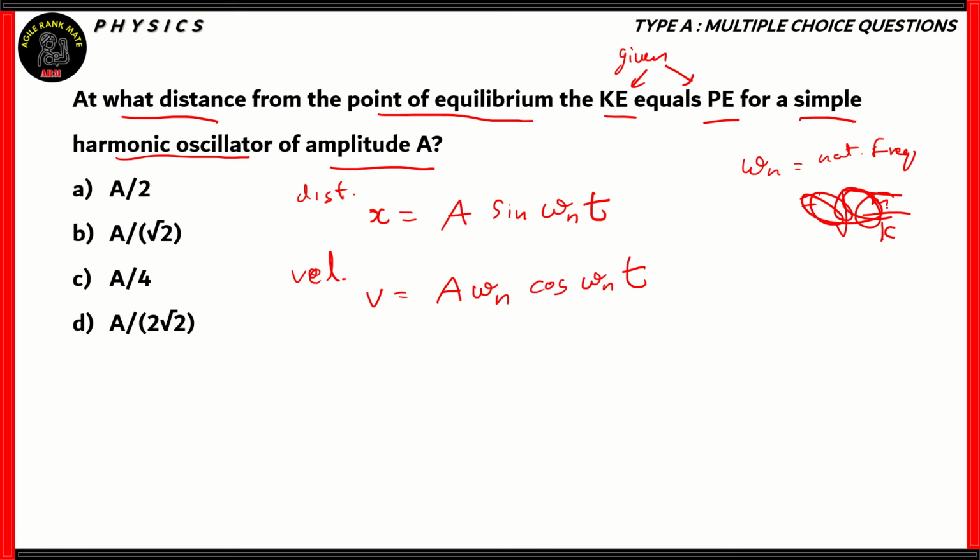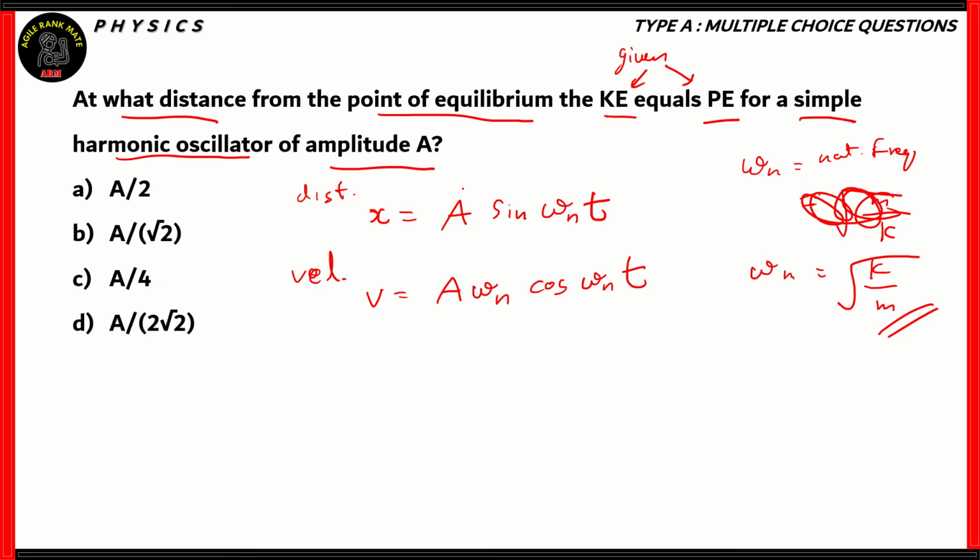Actually, that would be the formula for 1 by the natural frequency. The natural frequency itself is represented as the square root of k over m. So k is the spring constant, m is the mass. Now that we know the formula for the natural frequency, and the distance and velocity